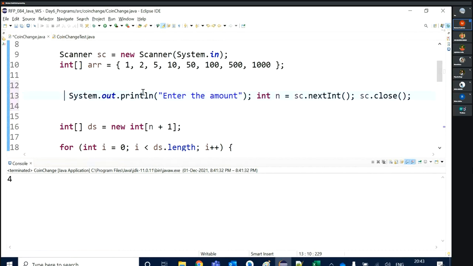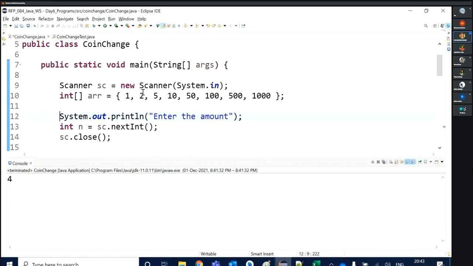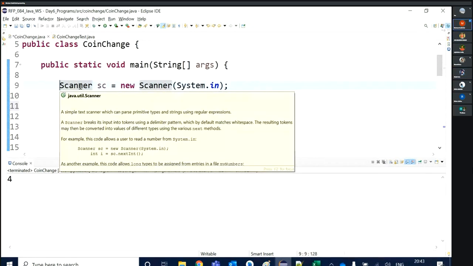Use that. Clear? Yes, sir. There are two types of slash, forward slash and backslash. So Control Shift forward slash for commenting, Control Shift backslash for uncommenting. Getting me? Okay.